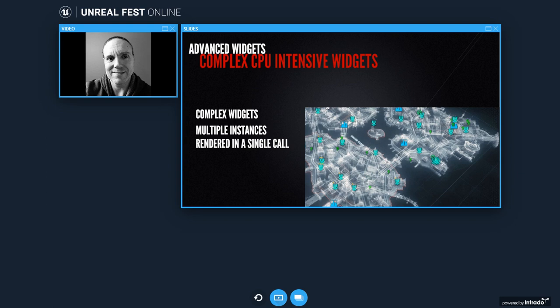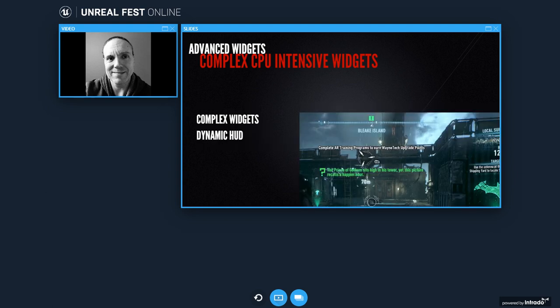This means that for this map, you could draw all of those icons in a single paint call. This helps you drawing anything that is dynamic, anything that moves with the world or moves with the camera that could cause repeated layout and pre-pass invalidation.